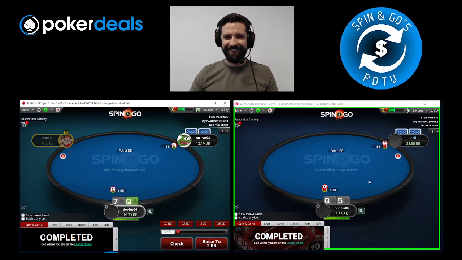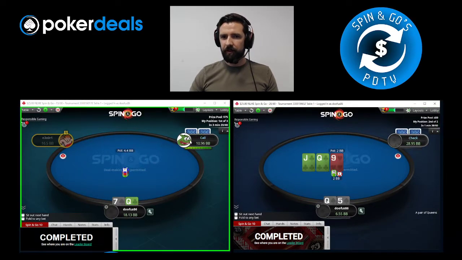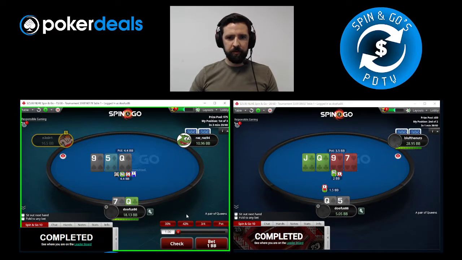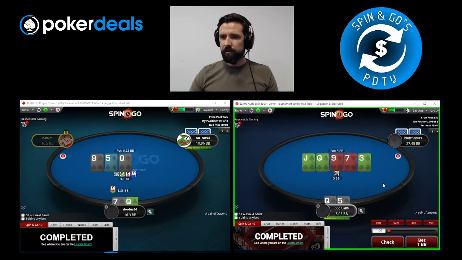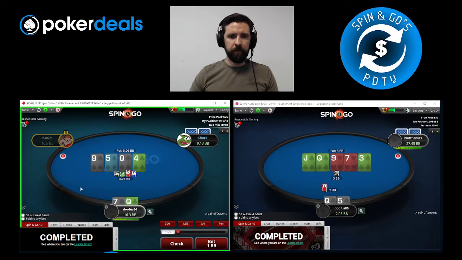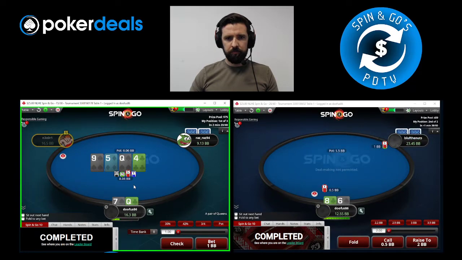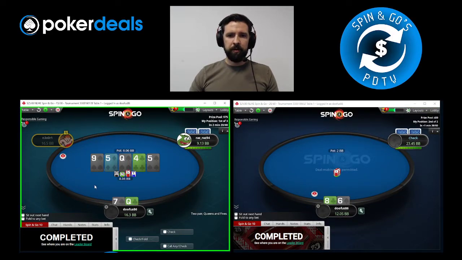PG 18. Taking some initiative. I think this guy might be a reg, I'm not sure. Okay, so he's checked. SPR is pretty low, so I am going to bet here. I'm just going to go for river calls. I think if we...